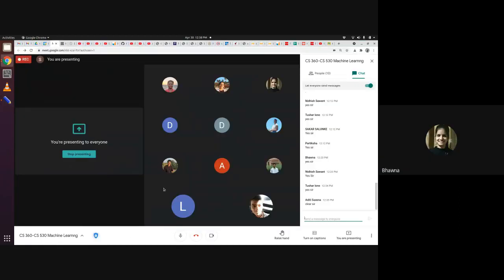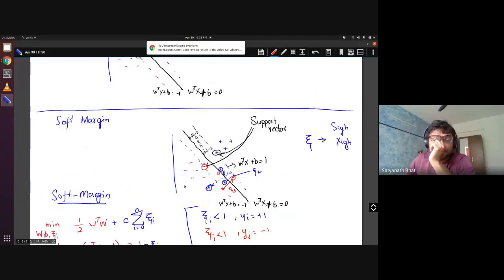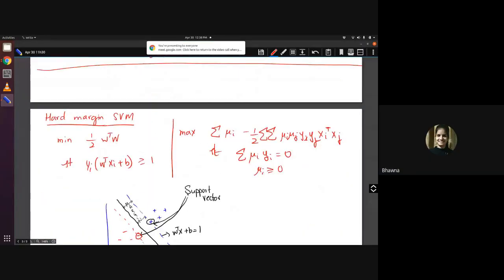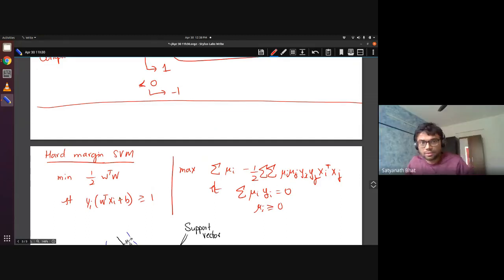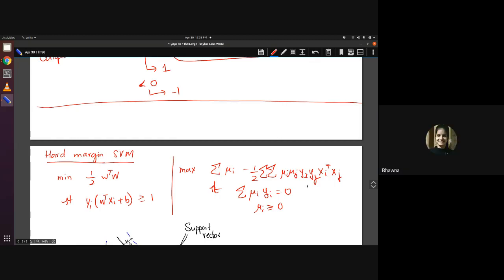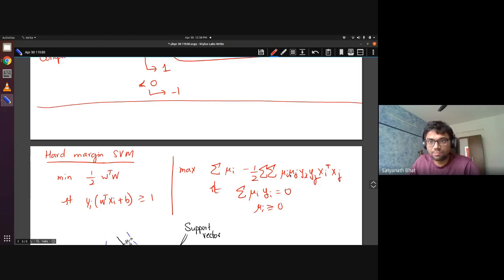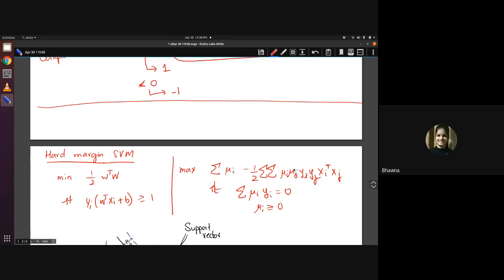Sir, I had a doubt in hard margin SVM. Sir, we were getting the mu i's by solving the dual optimization problem, right? Why can't we solve the primal itself? Very good. You can use the primal and solve it, but there are a lot of wonderful things that you get due to the dual. Tomorrow when we discuss kernel SVM, you will see. It's a very good question, because the primal is also a QP. What is the benefit of going to the dual? Tomorrow you will see. Please remind me if I'm not telling this. Of course I will tell it, but if I don't, just remind me.